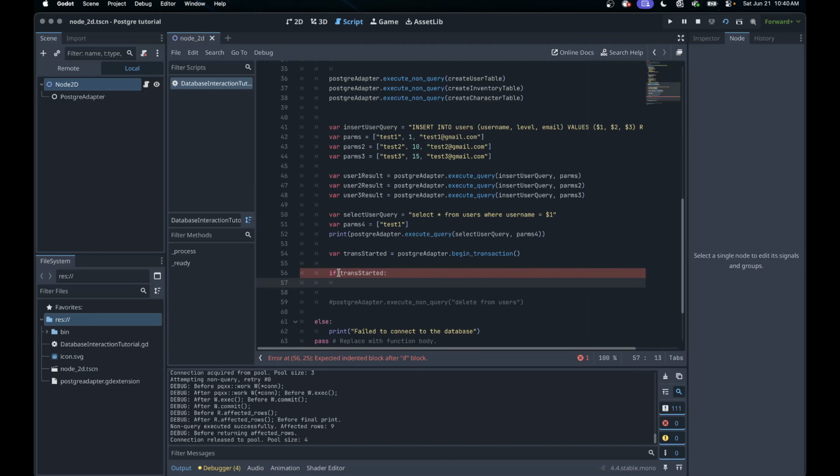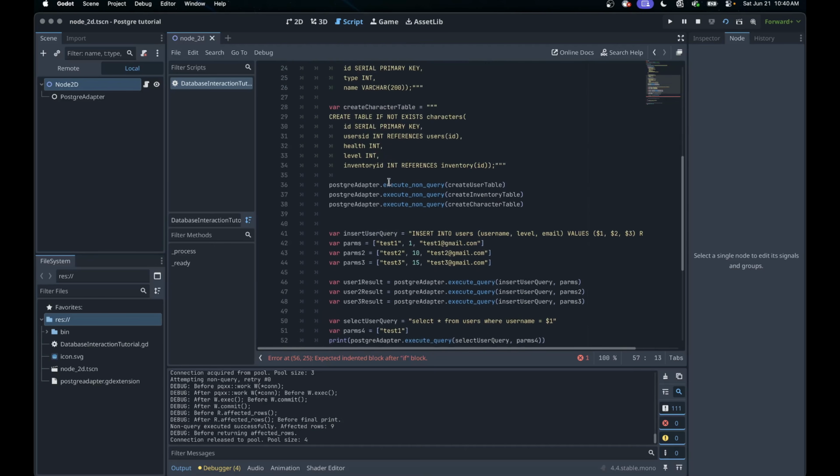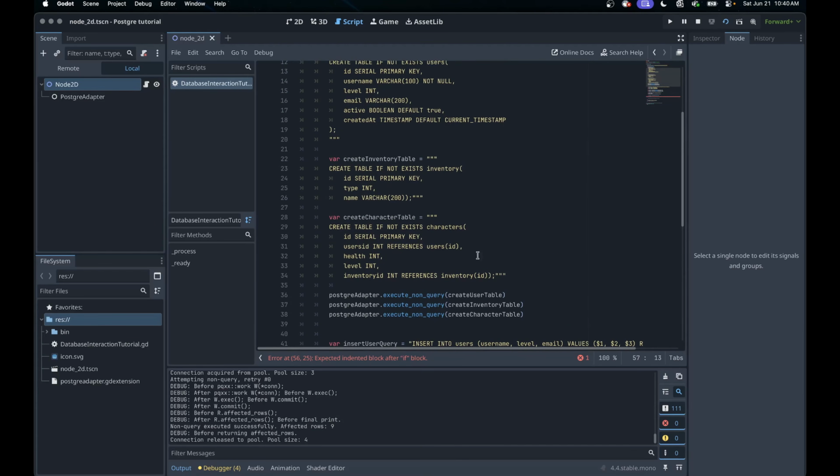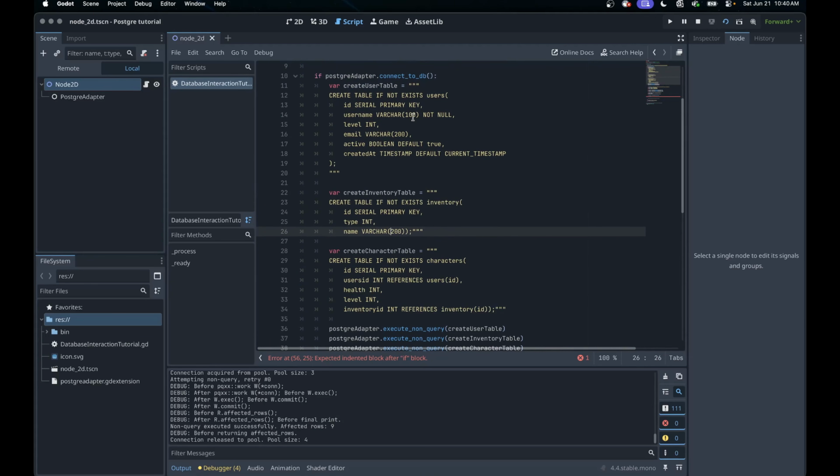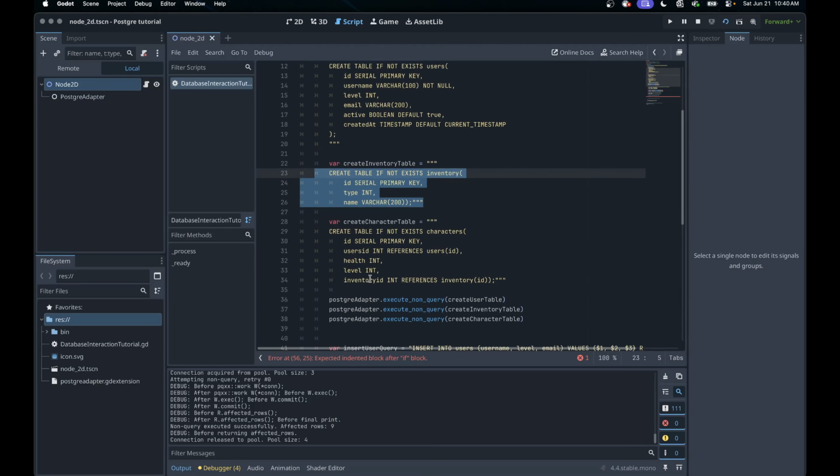So I'm going to come in here. And if I remember correctly from my data structure here, I have a character section. I have an inventory section. You can see that the user can have multiple characters, and the characters can have lots of inventory items, right? So what we can do, and actually I'm looking at this and I don't like this. I think I'm going to need to make adjustments to this. I'll probably have to drop this table, because right now the only way for this to work is for the user. He has a reference to an inventory,